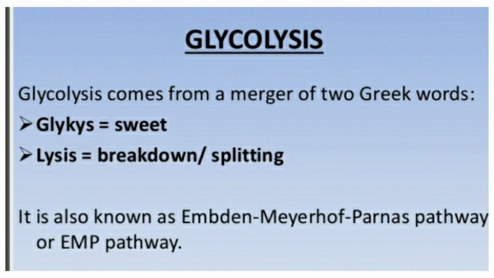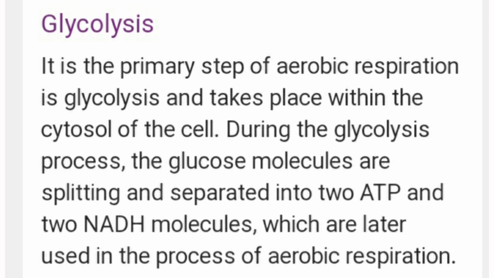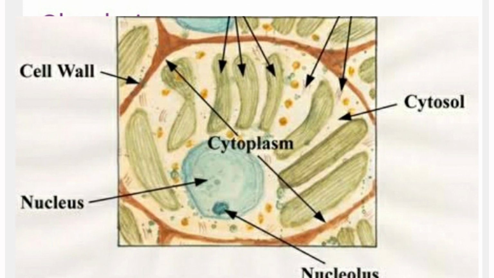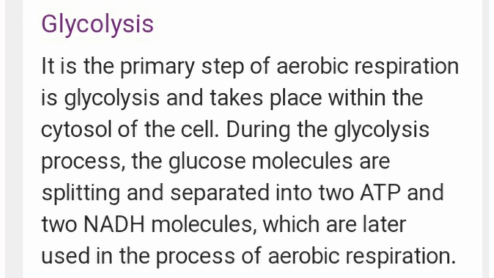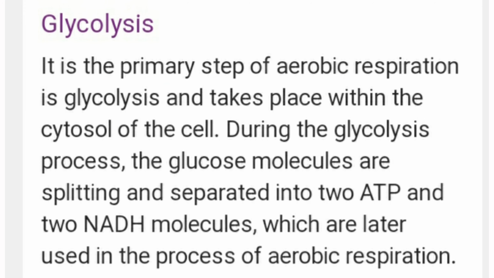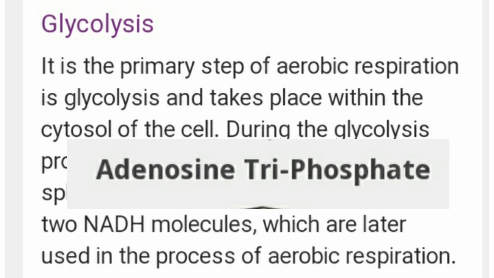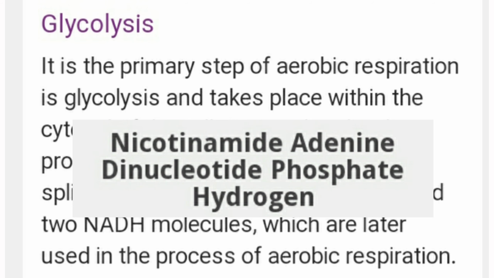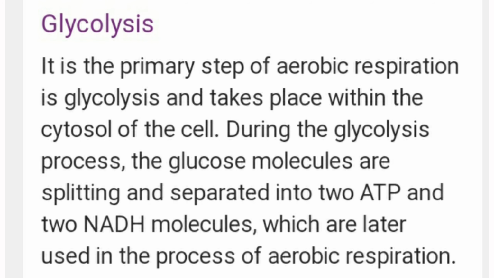Clear children? Okay, we'll see the next concept, that is actually where does this glycolysis take place? It takes place in the cytosol of the cell. During this process, the glucose molecules are split and separated into two ATP and two NADH molecules, which are later used in the process of aerobic respiration. Clear children? ATP means adenosine triphosphate and NADH is nicotinamide adenine dinucleotide, which are later used in the process of